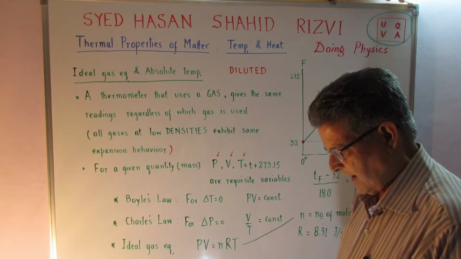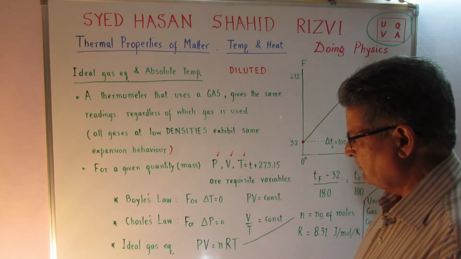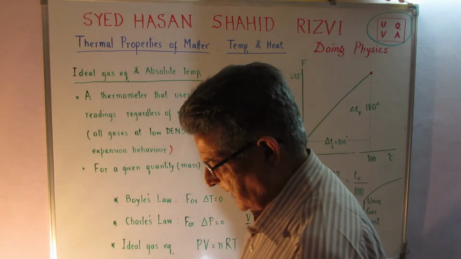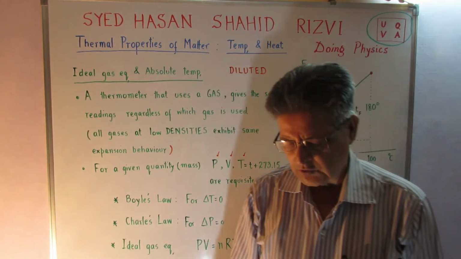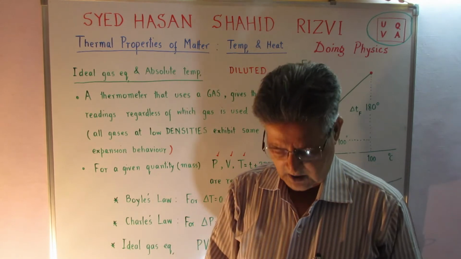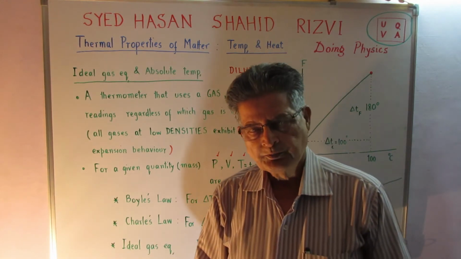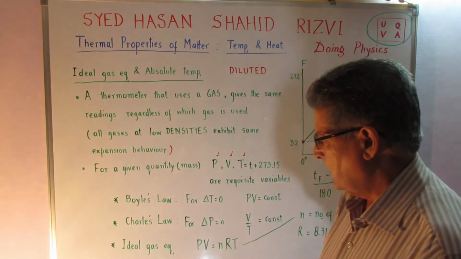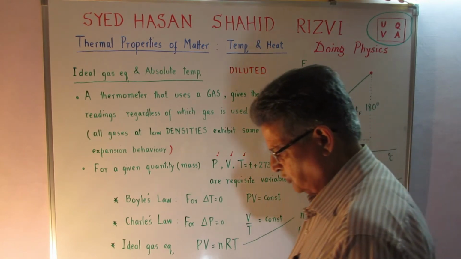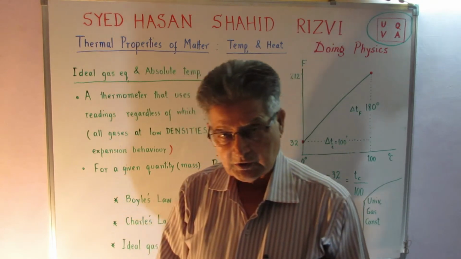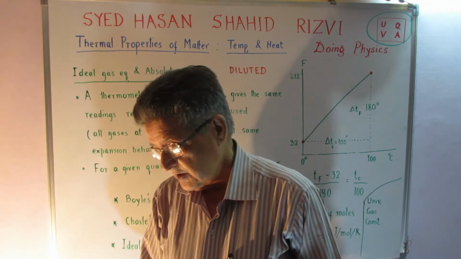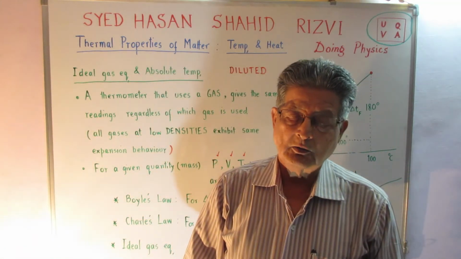Gases have been explained in terms of what is known as the kinetic theory of gases, where we consider gases, just like liquids and solids, to be made up of molecules which have some kind of cohesive force because of the negative energies associated with them. All these molecules are supposed to be round objects. When I say round, I mean perfectly spherical. They are supposed to be very hot, and when they collide with each other or with the walls of the container,